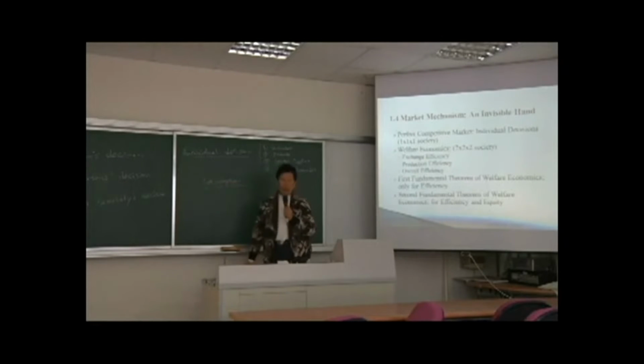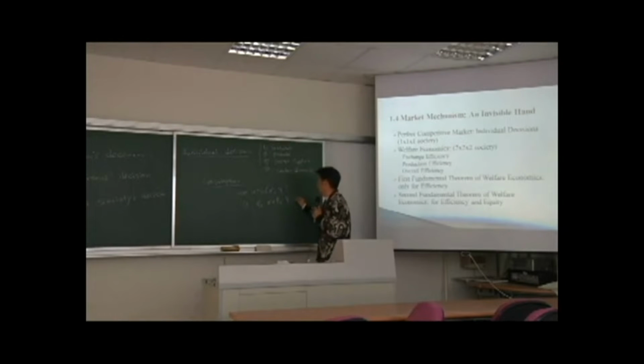How to make your decision to do the consumption. For example, you may try to find the maximum utility of x, y, subject to pxx + pyy. Did you see this formula before? This is a maximum utility, and then you buy x commodity, y commodity. And this is subject to